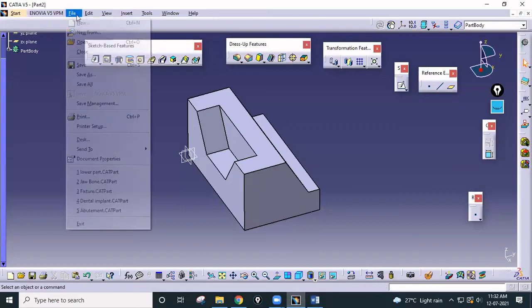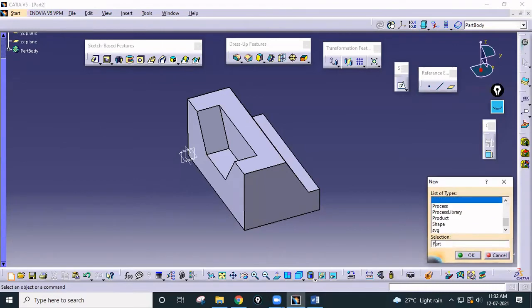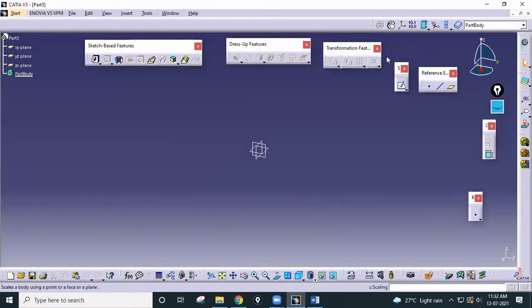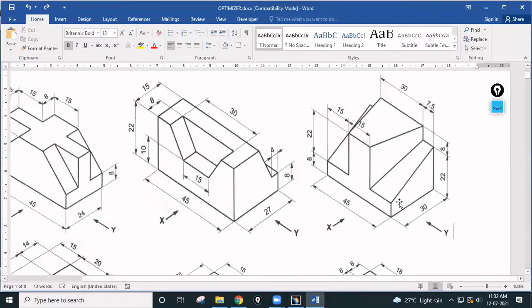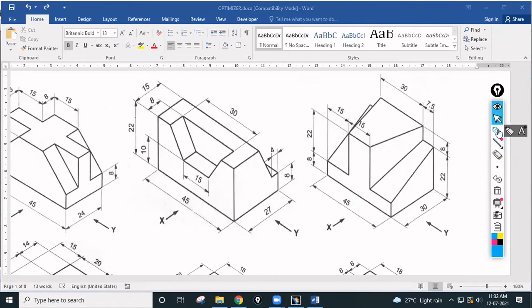So let us start with the third one. File, new, again part. So first 6 parts we will draw, and then we will give 3 as homework. Okay. Now again, you can start from y direction, because we are going to select this as a section. This part is the section, pad it by 45. Then you can draw this, and you can pad it up to last. Okay. So this is how you have to complete this.